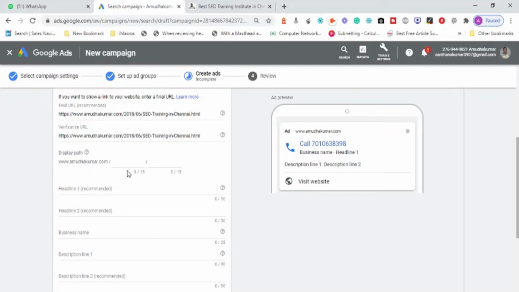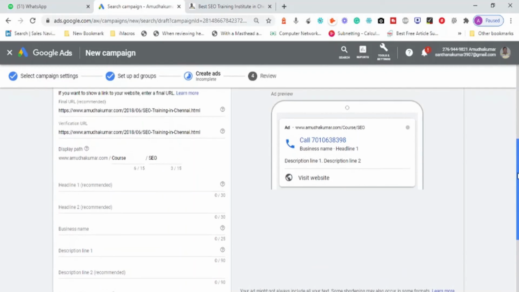So that means I am offering a course. So let me say I'm offering course, right? So I'll type as course. If you see here, it will automatically type course. After the course, I'll be saying SEO. That's it. So this is just a display URL. You can use any value to show here on the display URL, but when people click on it, if it is a website traffic or any other campaign, people will go to the landing page. Now this is the phone number which is given here, so no people will be taken to the website.